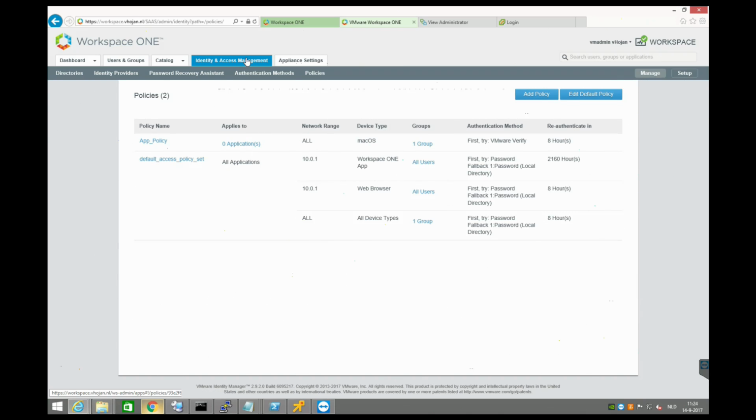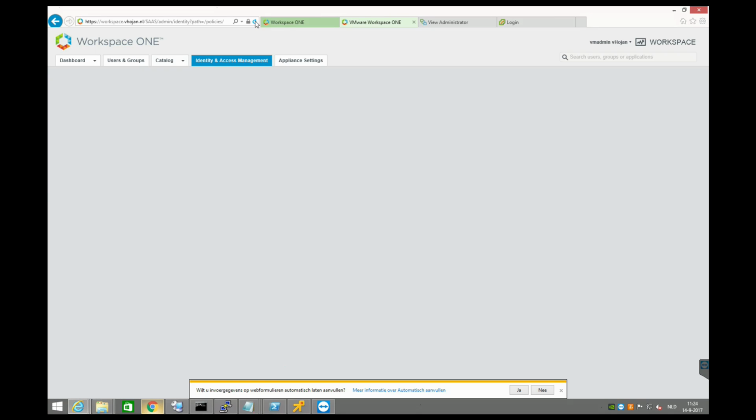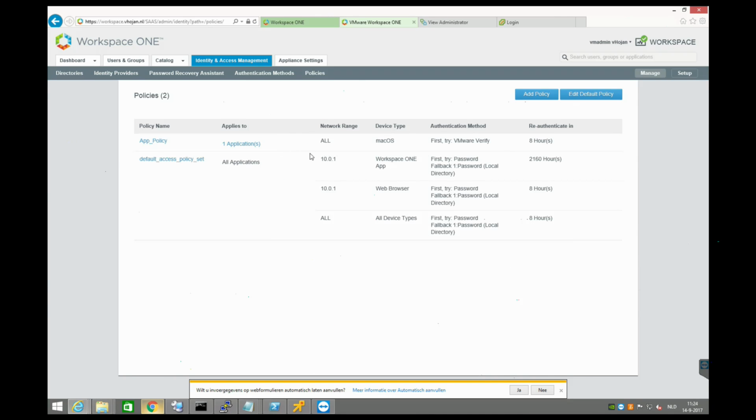You can see here it says 0 applications, but if I refresh my screen, yeah, it's set for 1 application. Okay, one side note, because